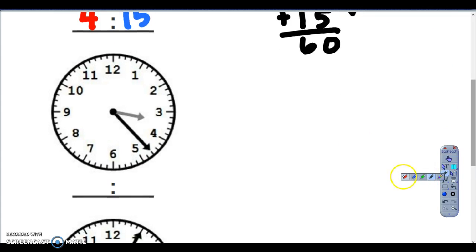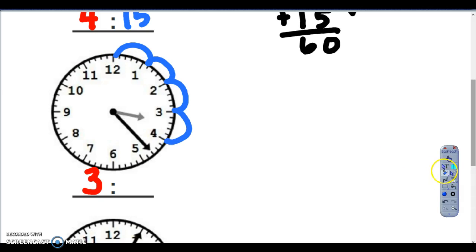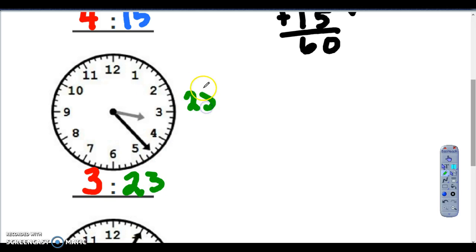Alright, first let's look at the time. It's in between 3 and 4, so I know it's 3. If I was to count the minutes, we've got 5, 10, 15, 20, 21, 22, 23. So I'm going to go and take off my work so it won't be in my way. It's 3:23, which means it's 23